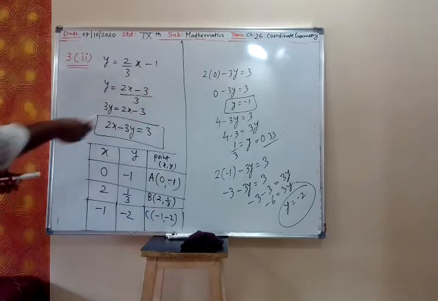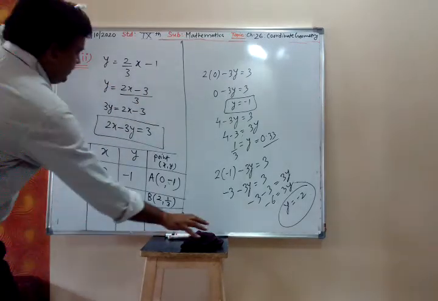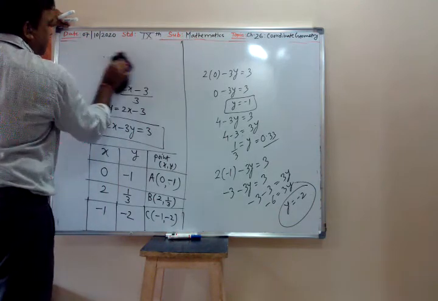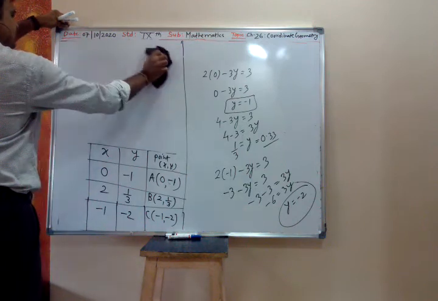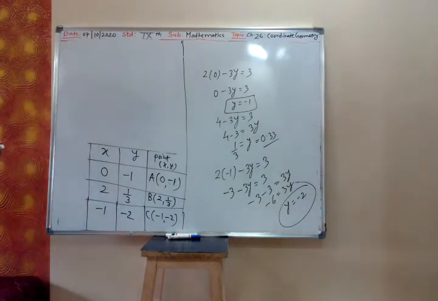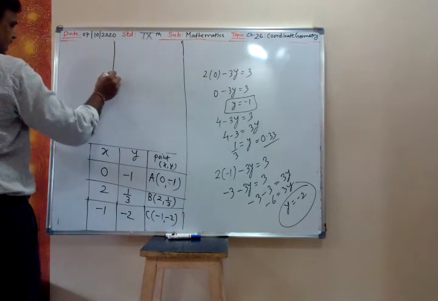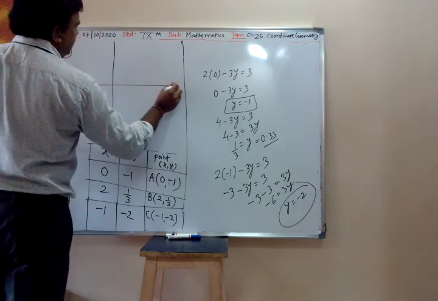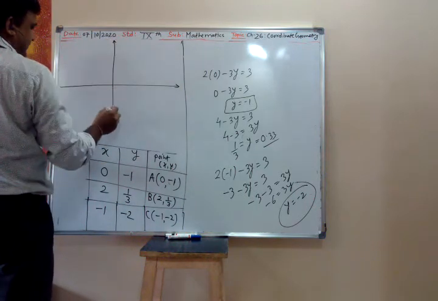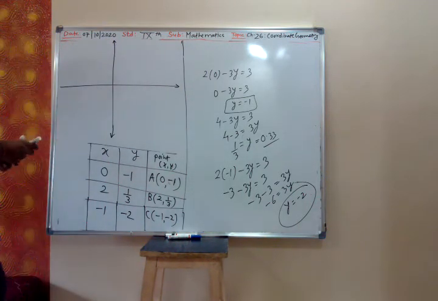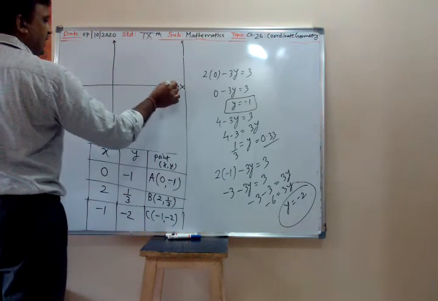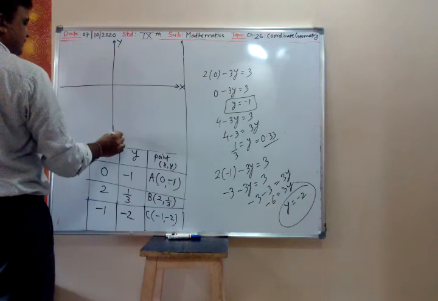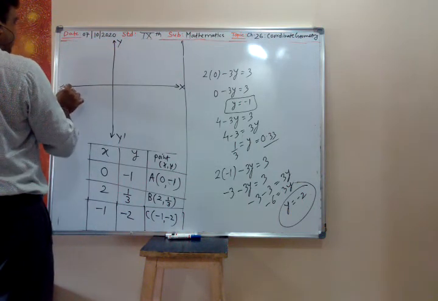Now immediately plot these 3 points on the graph paper. We get the straight line. You have to find 3 points to plot the graph. A straight line will be there because in your course it is only up to straight lines, no other curves. In 10th standard different curves will come. Y dash, x dash.